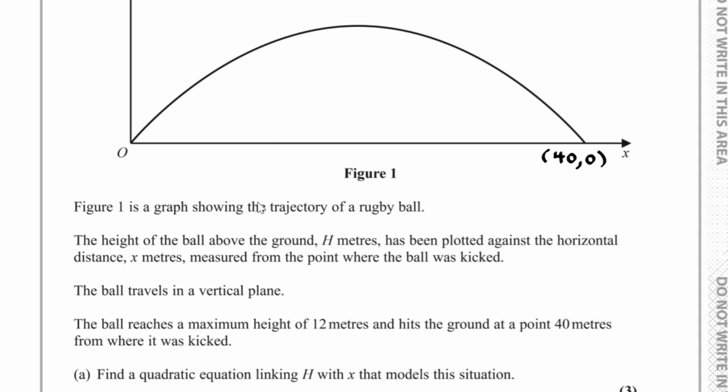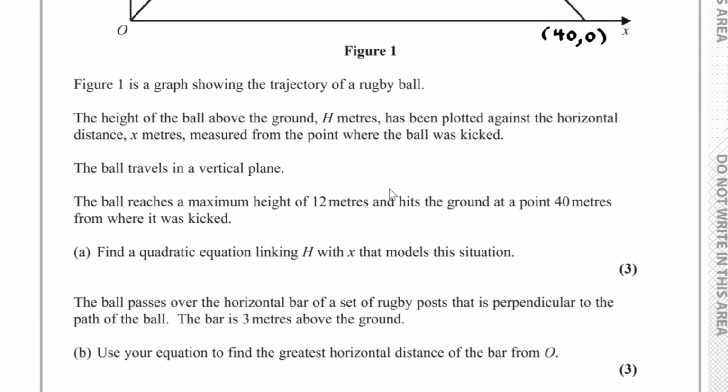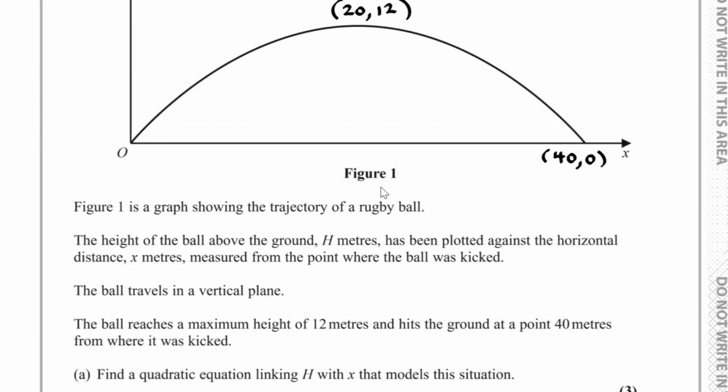Here I've got the origin, and through symmetry, this point will be 20 because it's half the 40, and then it reaches a maximum height of 12, so the y-coordinate is 12. And so, with our roots being at 0 and 40,